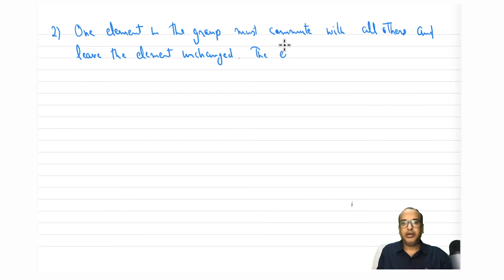The element is designated as the identity element.